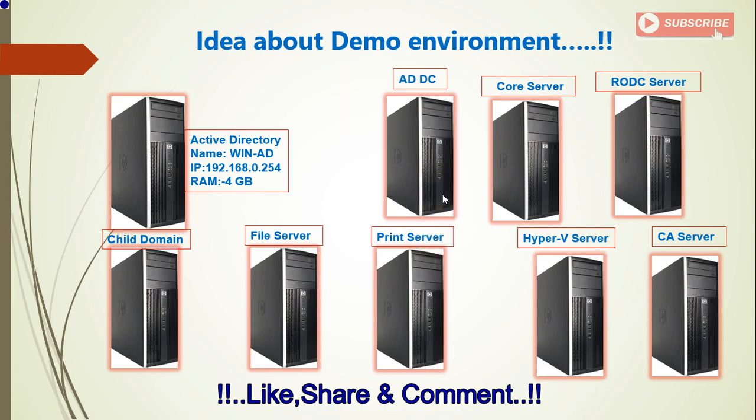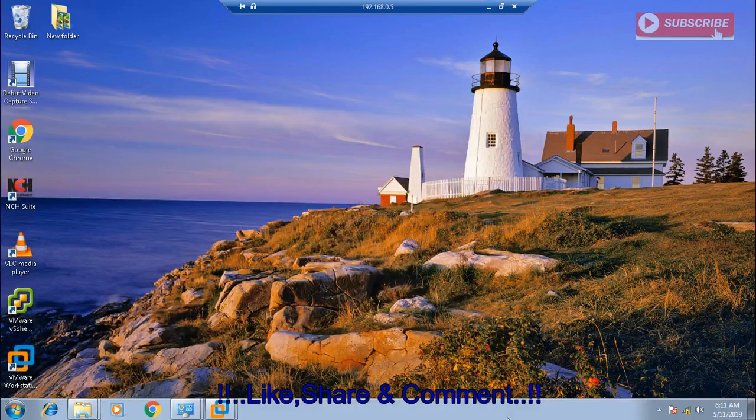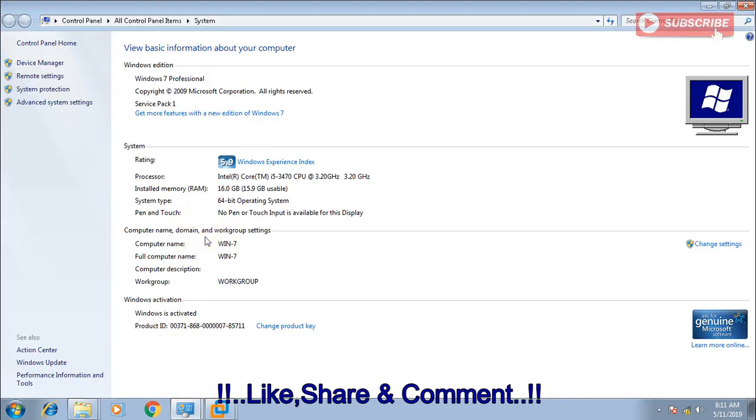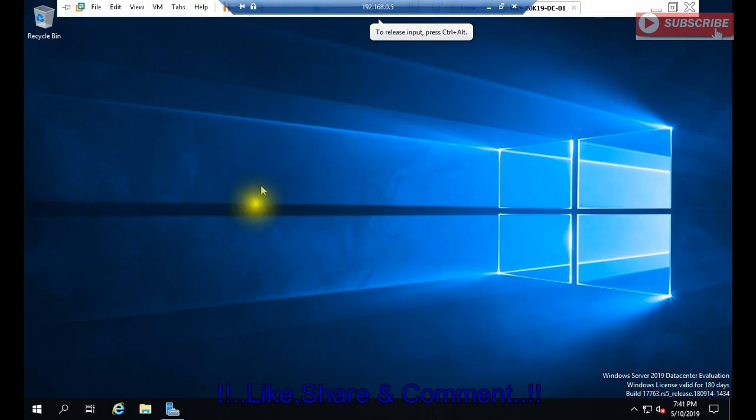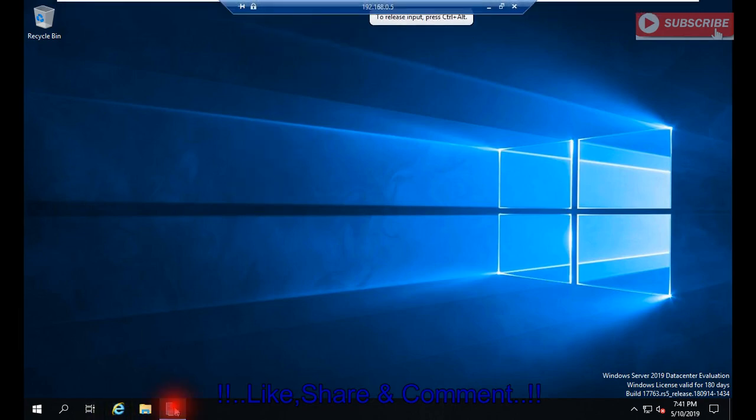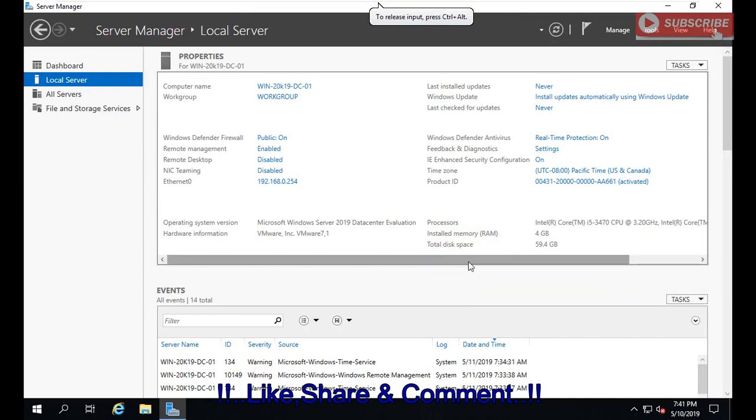So let me begin with my virtual machine. Here I have one remote machine, which is what I was talking about. This is my physical machine, and this is my VMware, where in the previous video I had deployed Windows Server 2019. Let's have a basic idea about it. It shows 4 GB RAM, and I gave 60 GB of memory. The name of this virtual machine is 2K19 DC01, it is in a workgroup as of now, and the IP address is